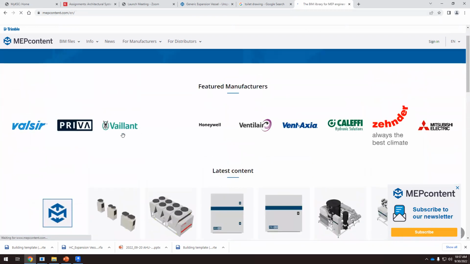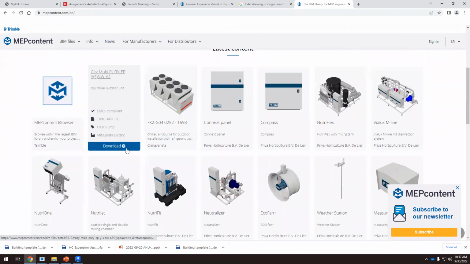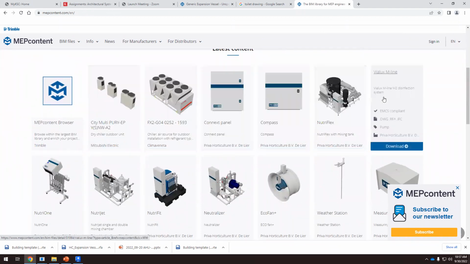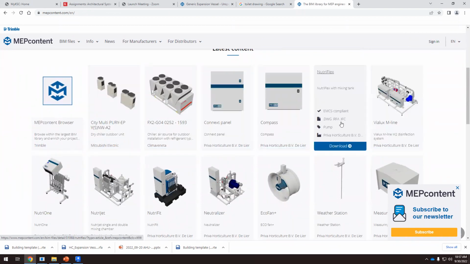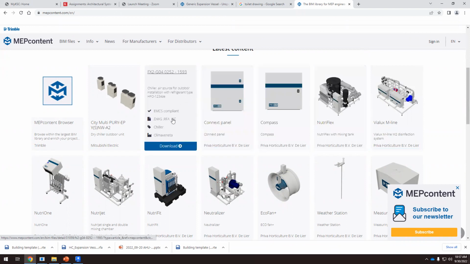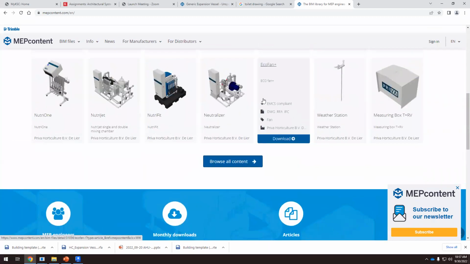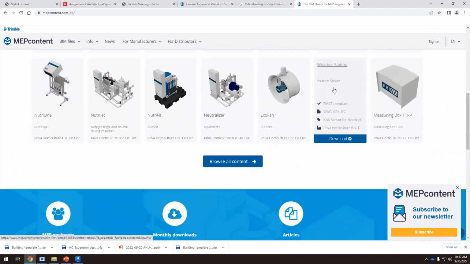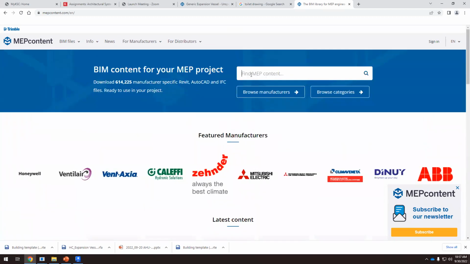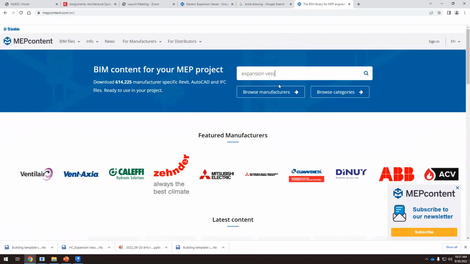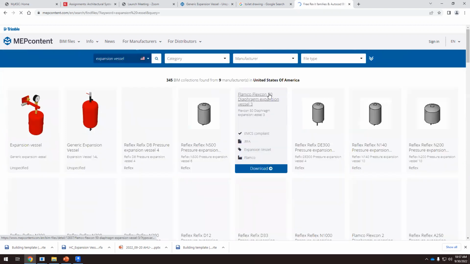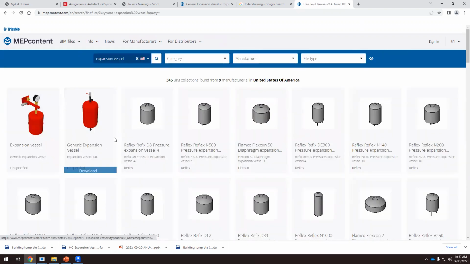Okay, here in this website, you have a lot of things. You have heat pumps, you have a lot of things. Okay, chillers, fans, ventilation issue. You have a lot of things. So if we find the expansion, or you look for expansion vessel, here we have this. And if I want to download this one,